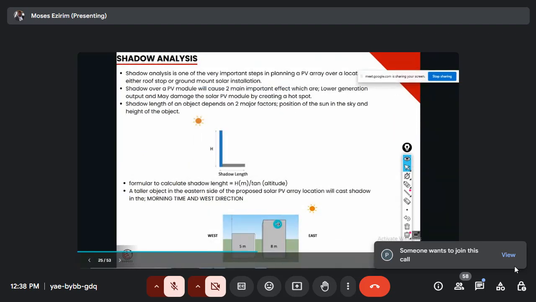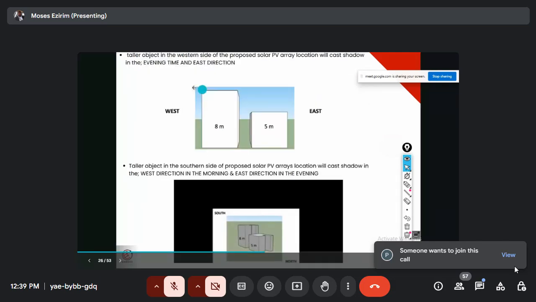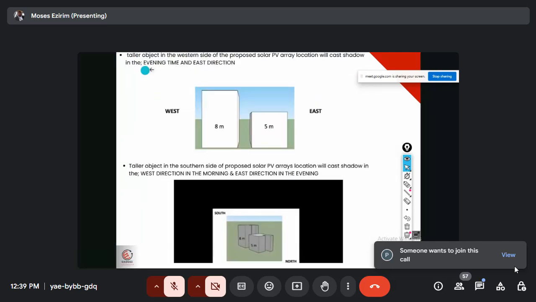This is what I'm talking about. You can see this is a building. What's the building? 8 meters. Another building is what? 5 meters. You want to put your installation on the 5 meter building. So you can see this is your east, and you can see where the sun is. So that means this will cast a shadow in the morning time and in the western direction. The next one is in the evening time. If you have a tall building in the western direction, and you have another building where you want to put your solar installation,